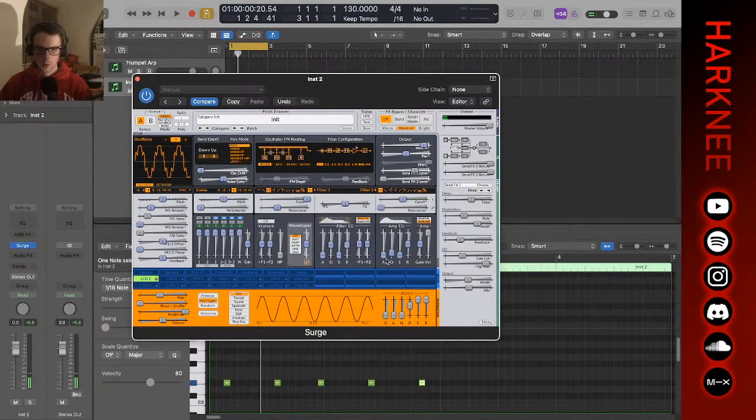Let's chuck some of that on there. Actually, no. If we can put a step sequencer on this, and